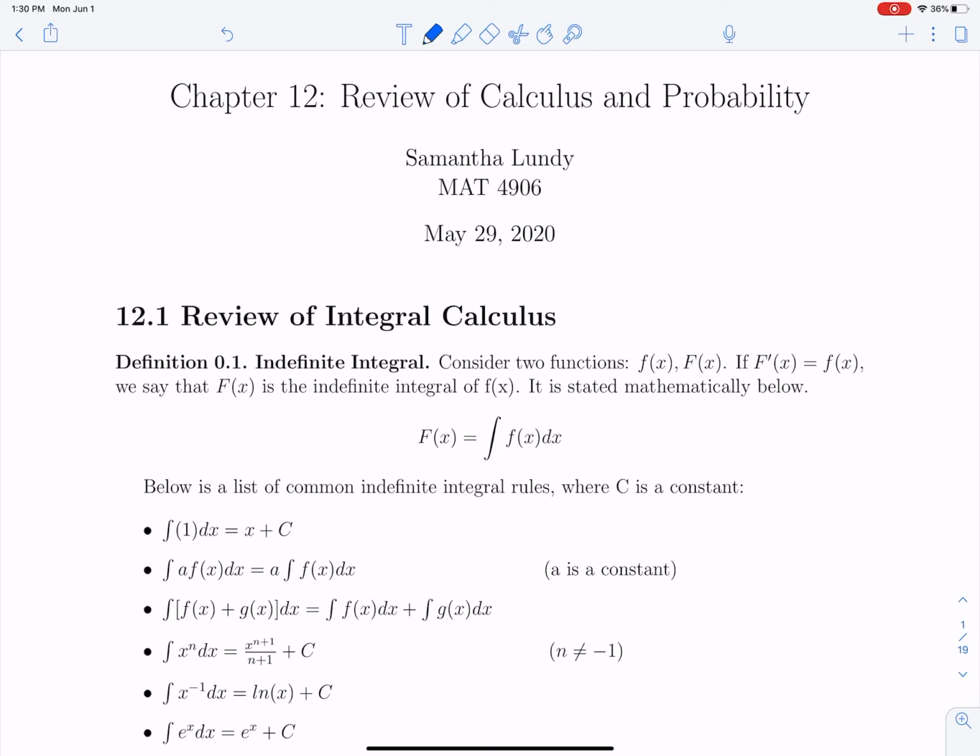This is just going to be a chapter. It has 7 sections, basically an overview of all the calculus and probability you would need for the next few chapters. It's kind of weird because most of these sections you're not going to completely get what it's going to be used for later until the last few sections, when I show you how to use Excel and whatnot